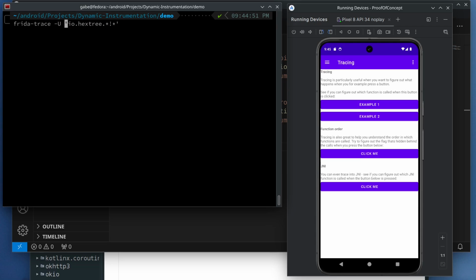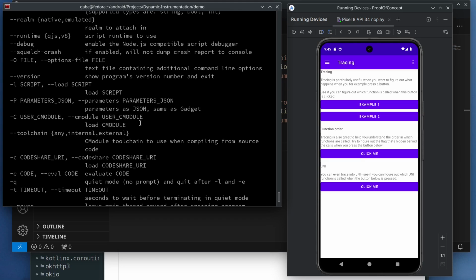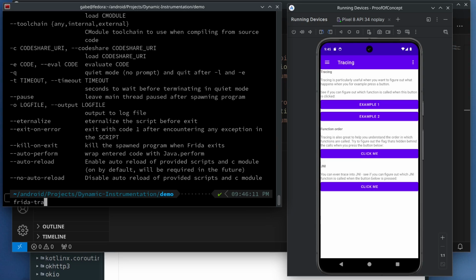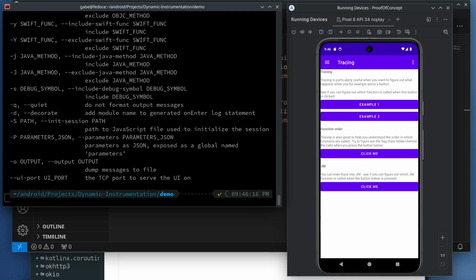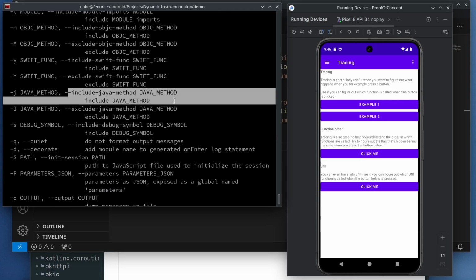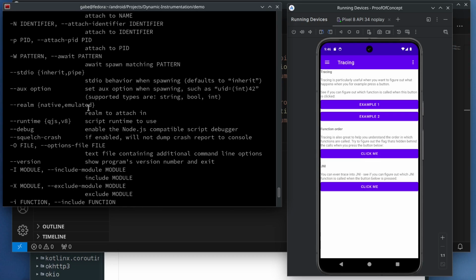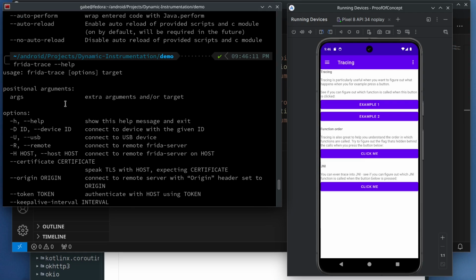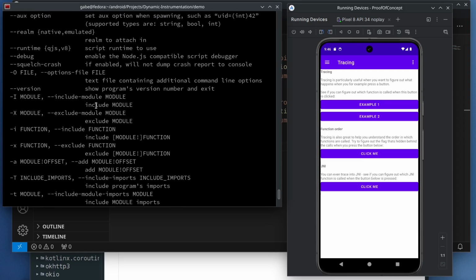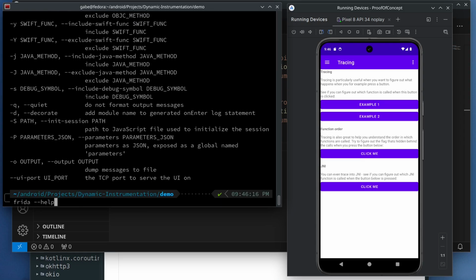I believe it's, let me double check. Is it, or let me do frida-trace help. Yeah, and we want to have it grab the Java method. I'm not sure if that's right. Yeah, because that's just the whole help menu. Either way,